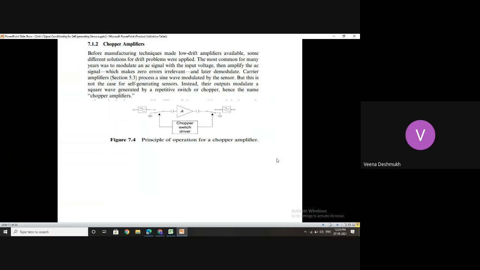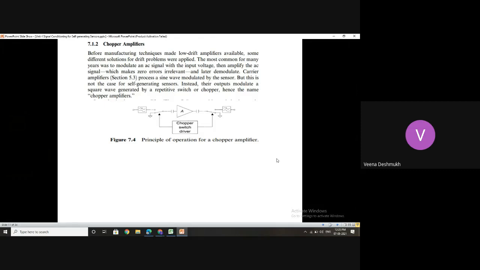Chopper circuits basically are circuits again designed around op amps. Basically, they are used to minimize or completely reduce the offsets to zero. There are different techniques actually in chopper circuits. How exactly do they reduce the offset to zero? They don't actually reduce the offset to zero. They see to it that the offset voltages are not combined with the sensor measured signal.